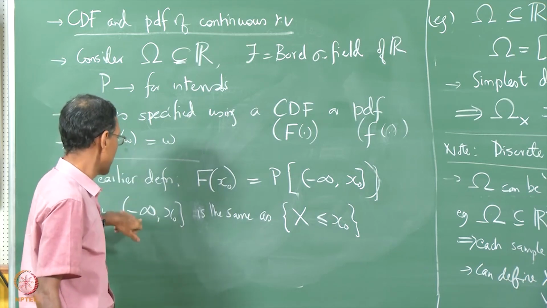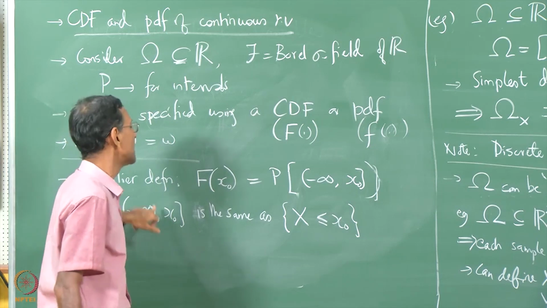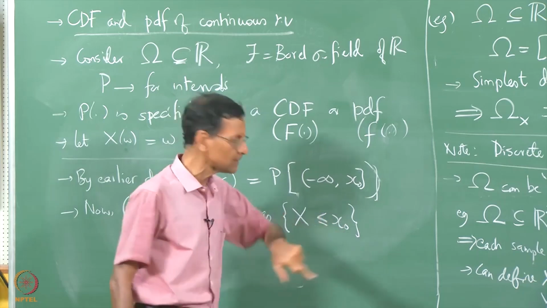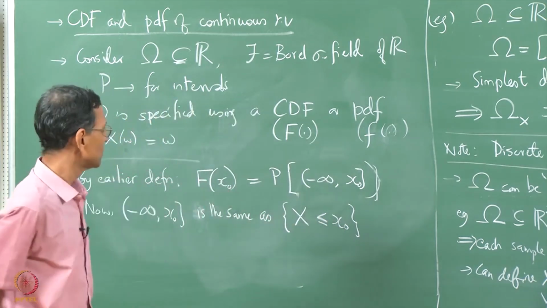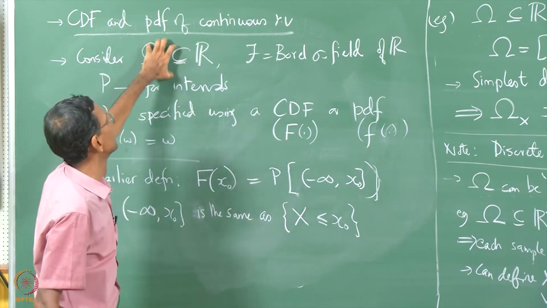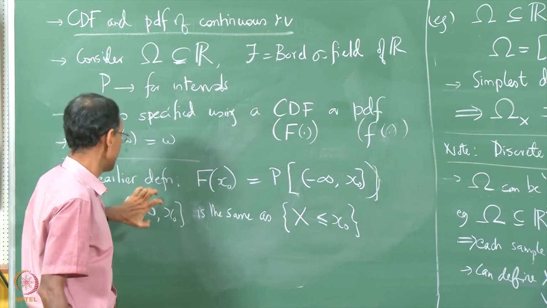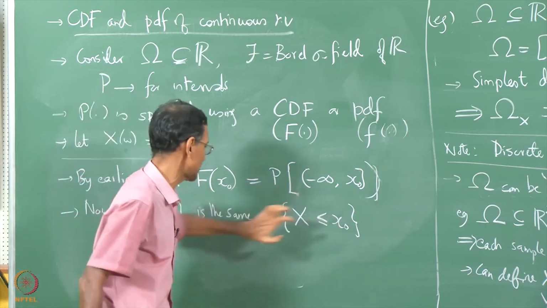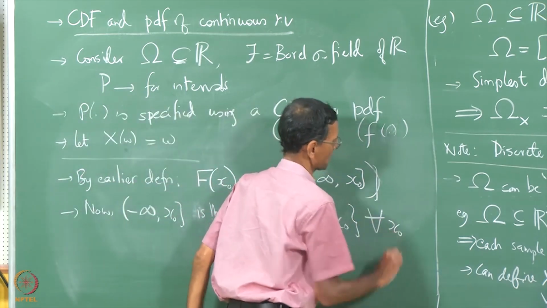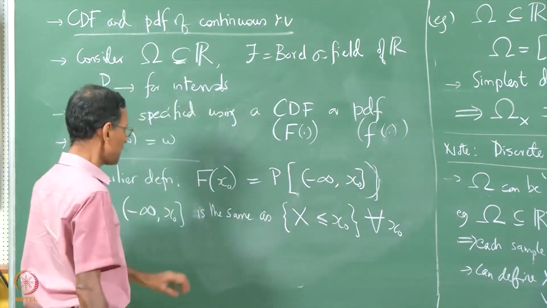So you get some number between minus infinity and x naught, that is the value taken by the random variable, and therefore the random variable has to be no bigger than x naught. So if you define this for any experiment where the sample space is some portion of the real line, and you define X of omega equal to omega, then these two are the same events for all values of x naught. Any real number x naught you pick, these two have to be the same,